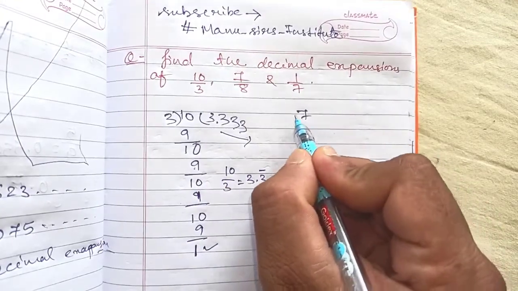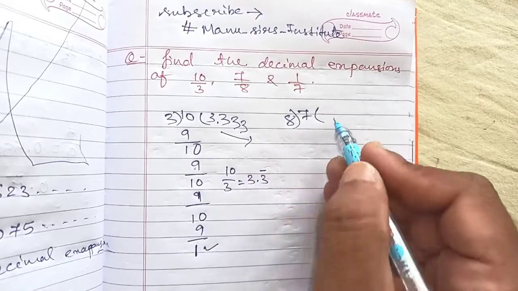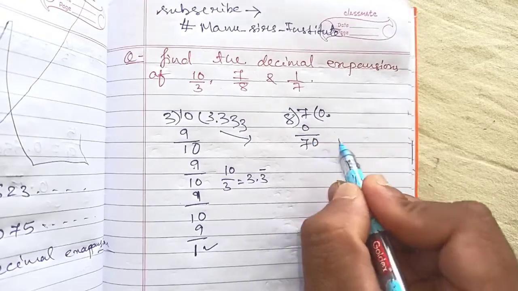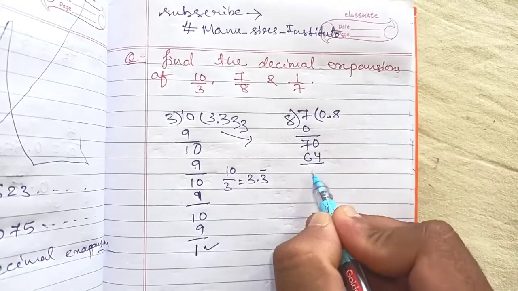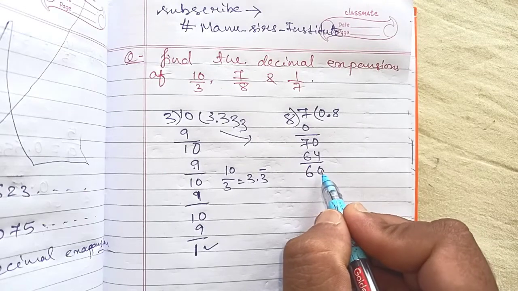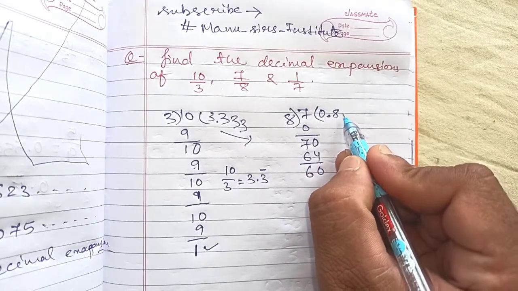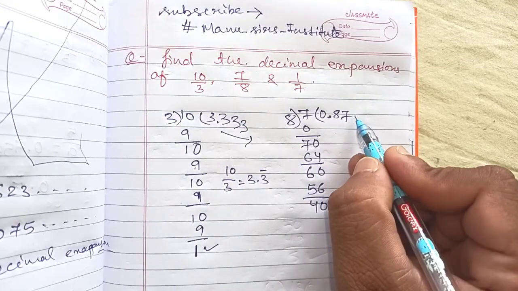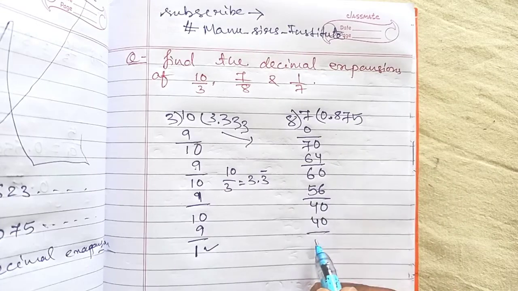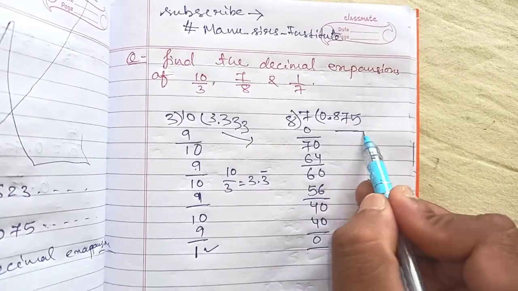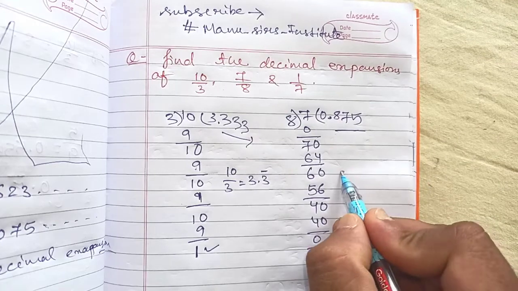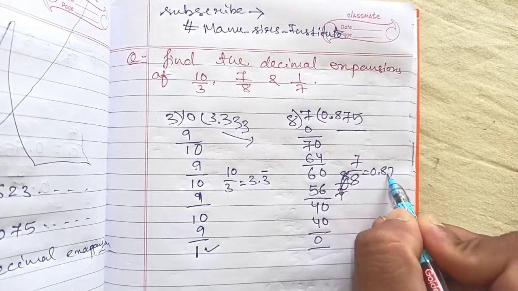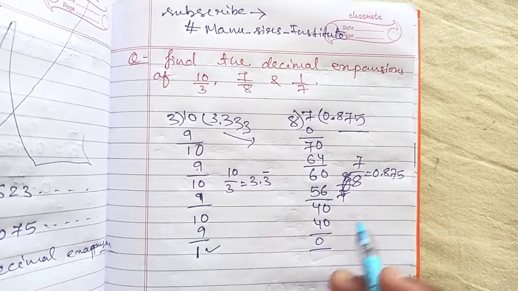Second example we will see. 7 divided by 8. We will divide 7 by 8. Okay, 8 zeros are 0. 7 carry, we will put a decimal, 70. 8 8s are 64. 6 carry, 0 we will bring here, we will write here after decimal, so it will become 60. 8 7s are 56. 4, so again we will write a 0. 8 5s are 40. Remainder is 0. Okay, so we will get the answer as 0.875. 7 by 8 is 0.875.